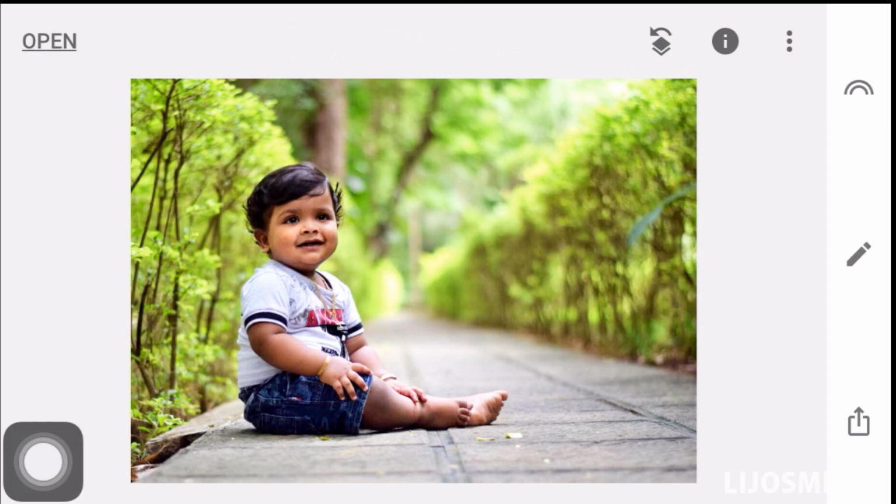Okay, now basically this editing purely depends on the imagination of the photographer. We can edit naturally for the natural colors, otherwise we can do some extraordinary colors to make our image more beautiful.